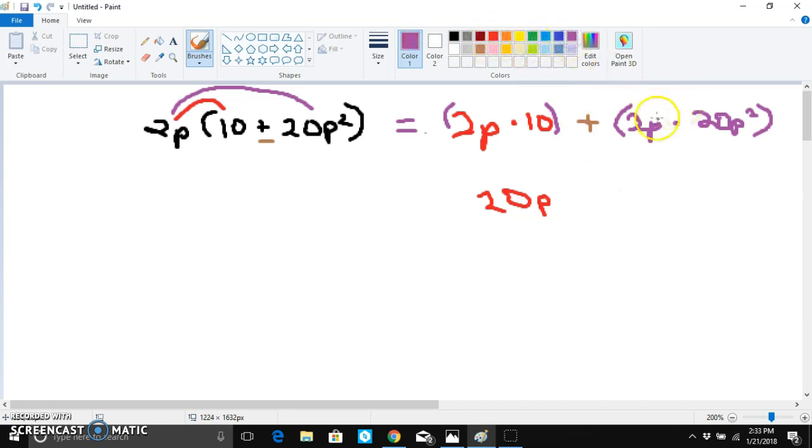And then the next thing, we're going to simplify 2p with 20p squared. So we're going to do 2 times 20, which is 40. Then we have to be careful here. P times p squared. So think about it. P squared means p times p, and we're multiplying it by another p. Therefore, that would be 40p to the 3rd power. And here's the rule about that. If p had no written exponent, it would be 1. You have to know it's there. You would just simply add the exponents together to get p to the 3rd power when you're multiplying 2 variables together. That's how that works. Okay, drop down